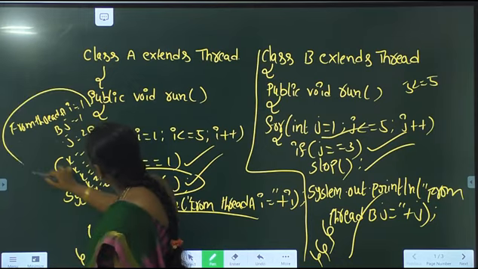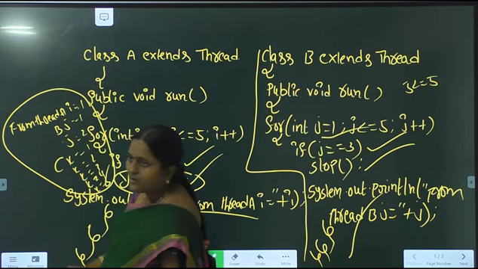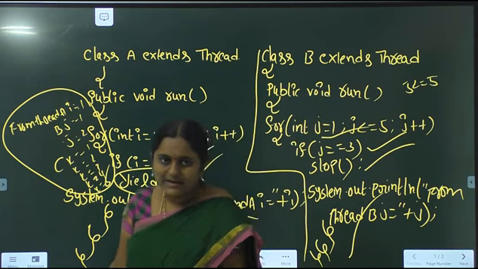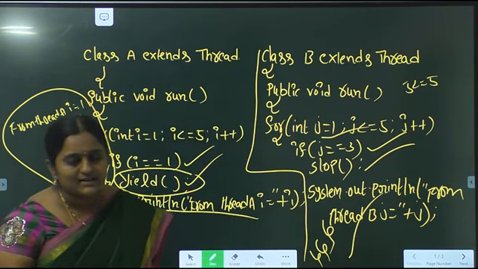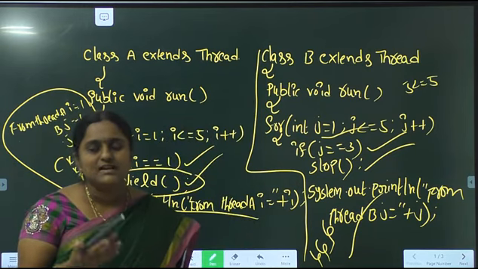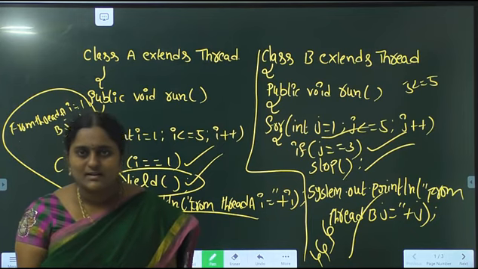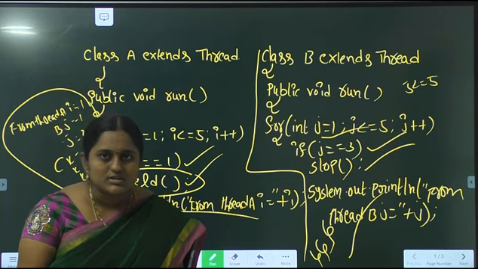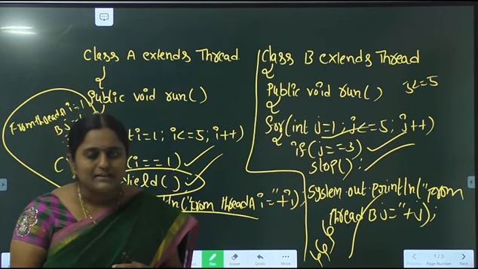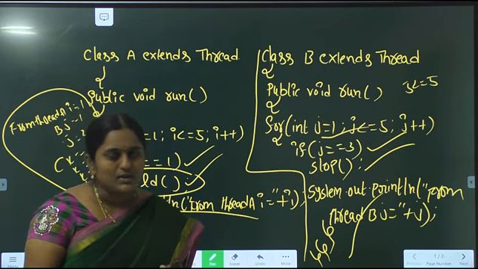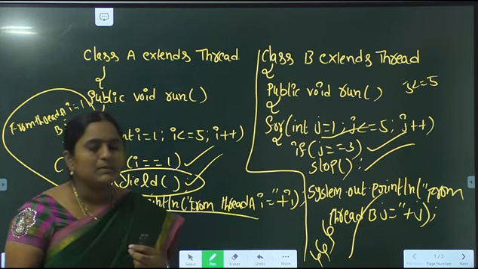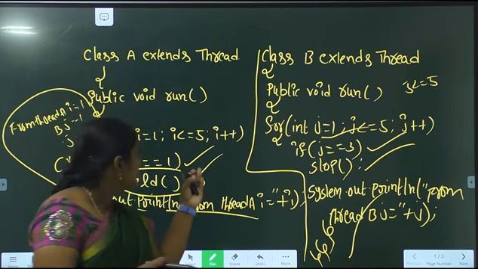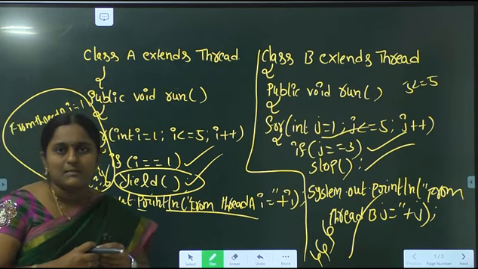So here the output of any thread application depends upon the CPU scheduling. It varies from one system to another system. Scheduling is highly dynamic. Which one is the current thread executing and which next thread is going to be executed is decided by CPU scheduling. So this program is about implementing thread lifecycle methods. Next one.